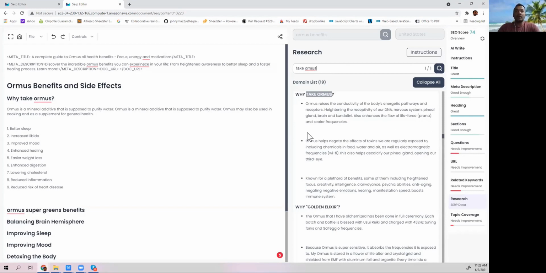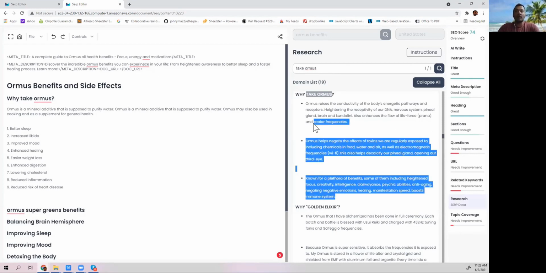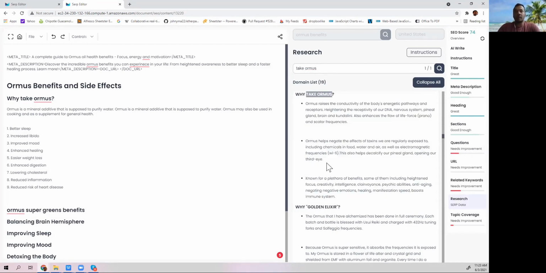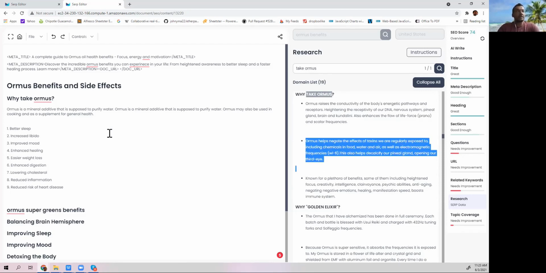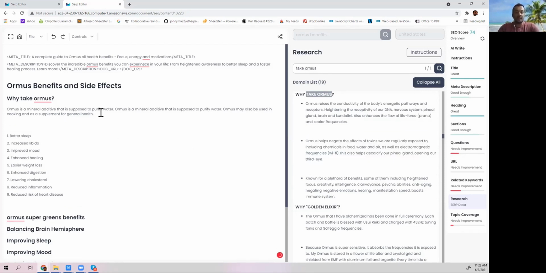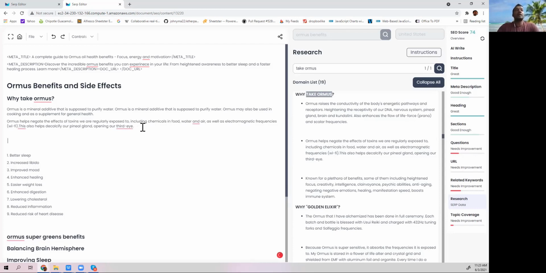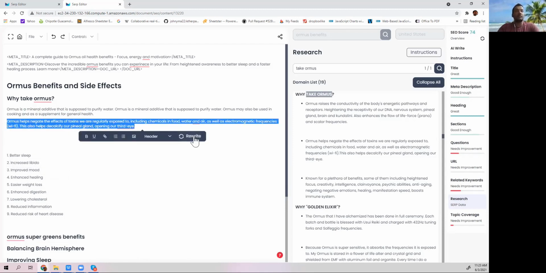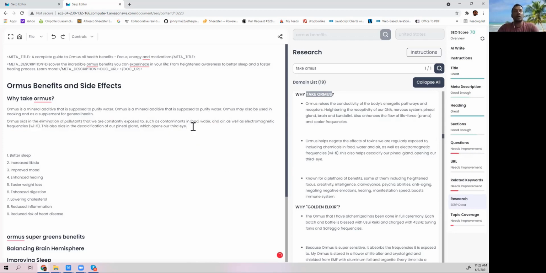So now you can understand this is an elongated format, and you probably want to take data out of here and insert it back into your content editor, right? So we're not suggesting that you copy and paste anything. What we're suggesting is that you use inspiration from this content and create better content from it, add more value to it. So you can take this content and then you can go ahead and rewrite it. Now, this is the rewrite feature that I was talking about in settings of SEO score that you can use to rewrite content. And this will create a unique version of the content that you just gave it.